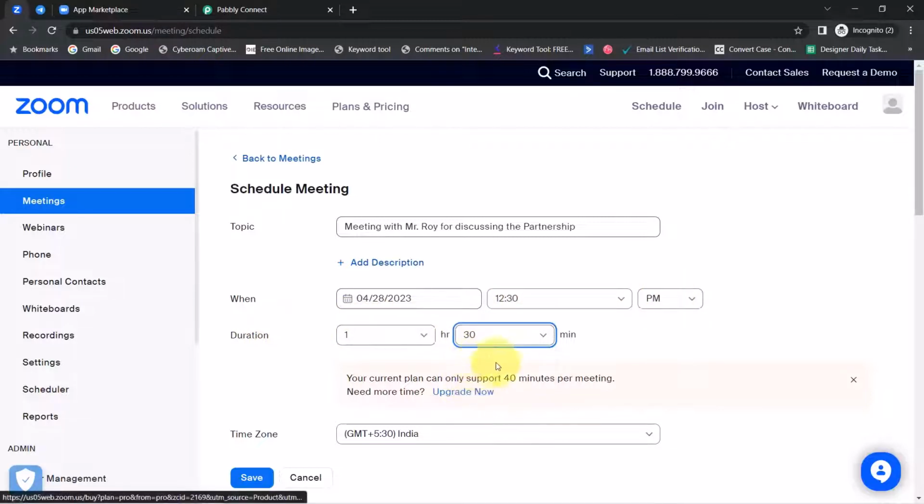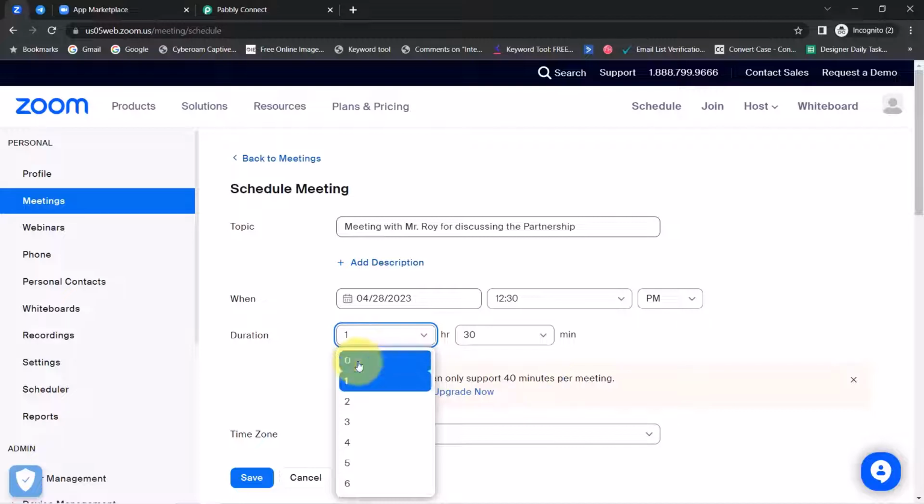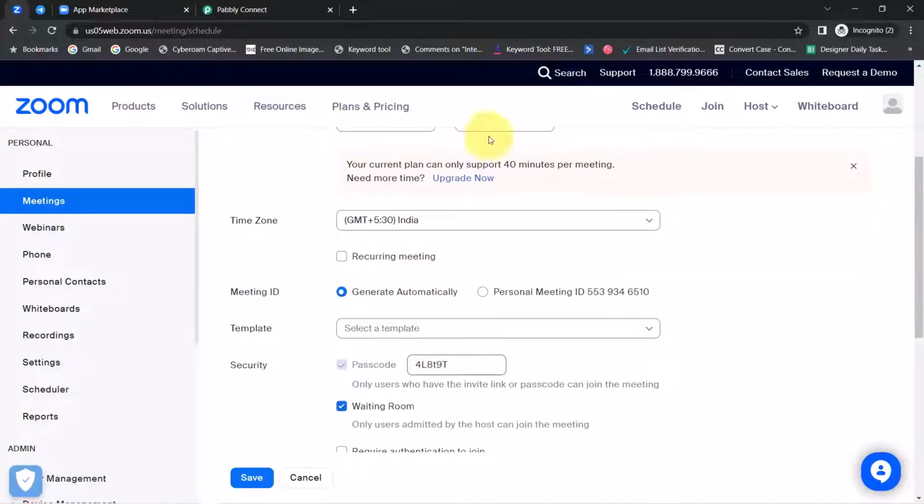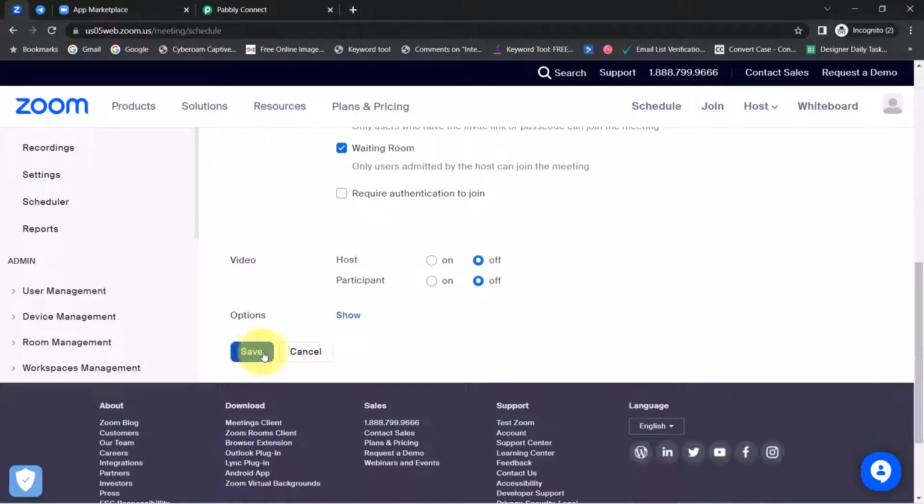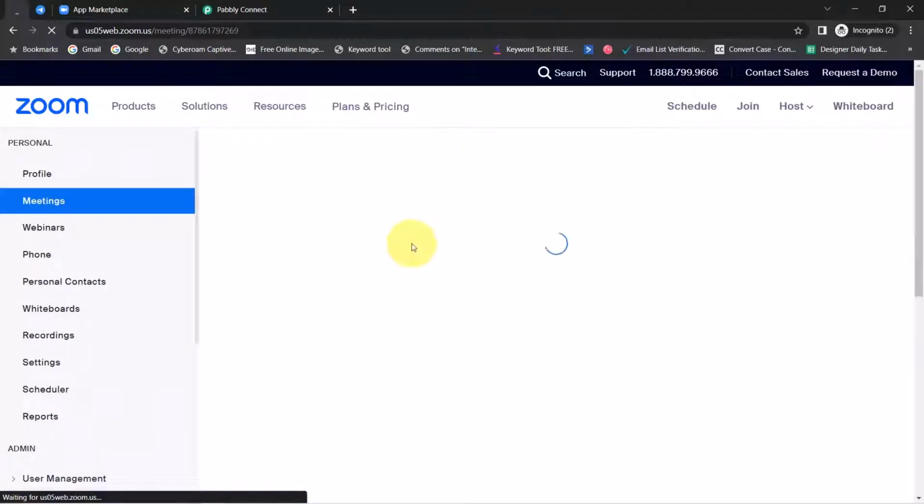Why I am selecting only 30 minutes? Because in my current plan it can only support 40 minutes. Okay, so I will change it as 0, and there will be a 30-minute online meeting. Okay, and the time zone will be GMT plus 5:30 only. Now I will click on the save button, and you will see my meeting will be scheduled into the Zoom